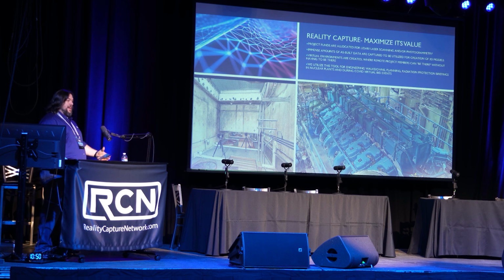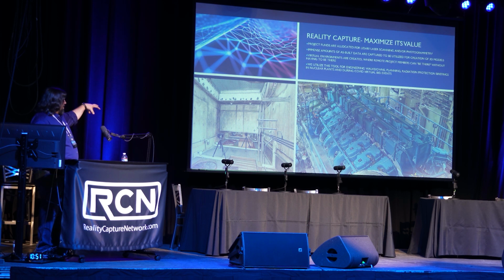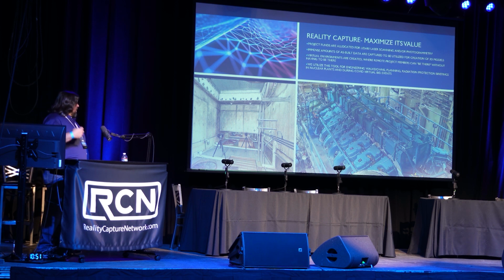Hugely beneficial, a lot of positive feedback from it, because the vendors, normally they just send one guy out there for cost reasons, flights and all that. Well, in this, those groups are able to have their whole team of guys, their engineers and their planners, on the Teams event and actually be in the space. We're able to pull measurements from the point cloud for them. We animated certain models to show them the interferences that they were going to have to deal with, possibly modify their HVAC designs to help limit us from